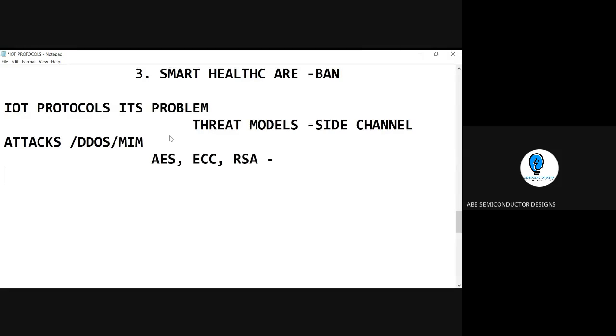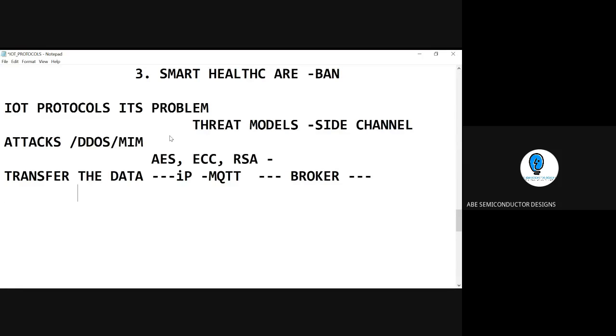First thing is about side channel attacks. Consider that you transfer data over the net using MQTT, and it is given to the broker, right? And this is the logic which is being taken over here.